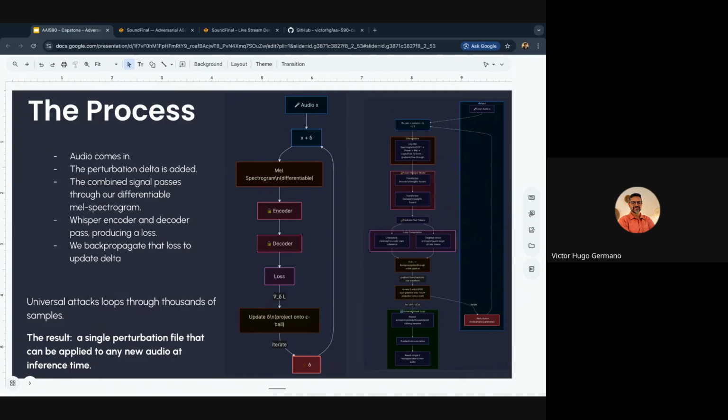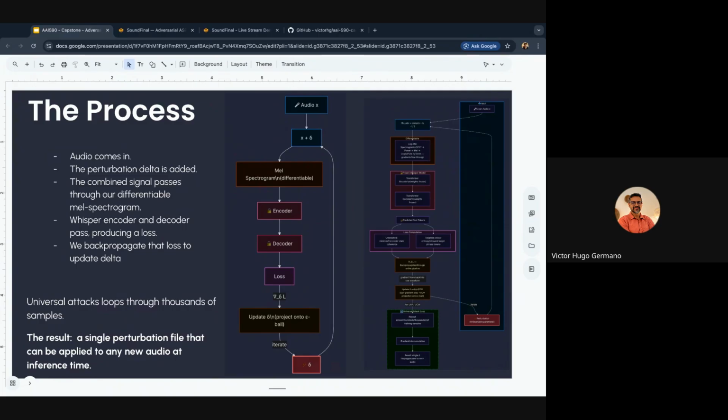Then we backpropagate that loss back to the delta, the perturbation that we added, and we wanted to have a universal audio perturbation. We just run this process thousands of times, and eventually we have a single perturbation file that can be added to any audio at inference time.